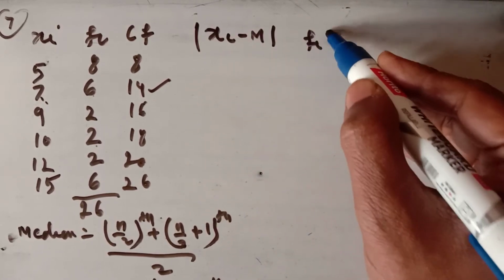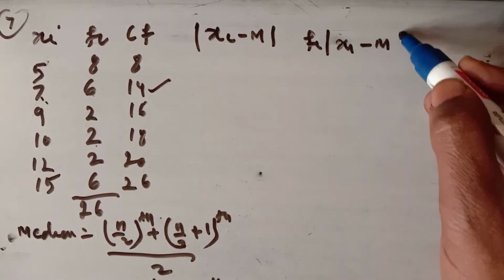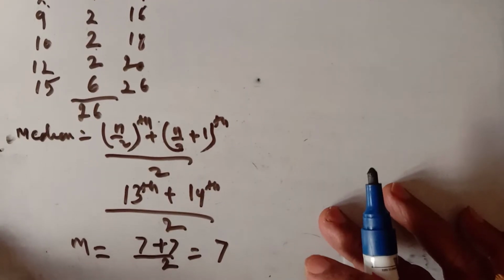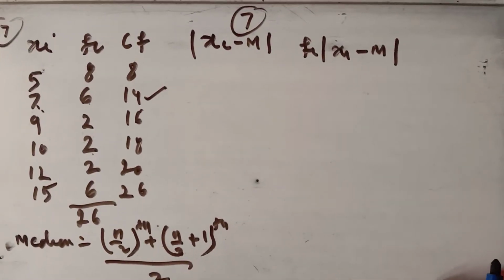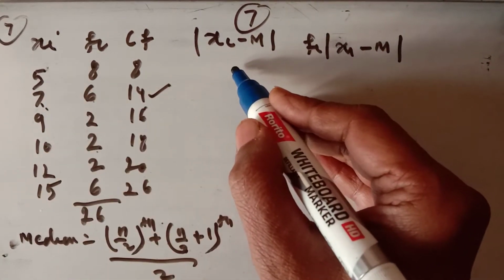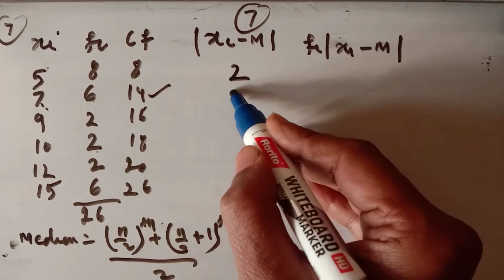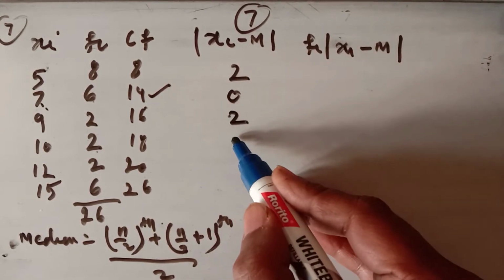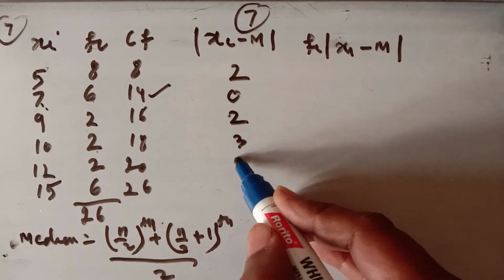Then you have to multiply xi with frequency. Here the median is coming out to be 7. हमने यहाँ पे median इसका 7 निकाला है. So xi minus median, that is 5 minus 7, that is 2. ये आपका 2 आ जाएगा. That is 7 minus 7 is 0, 9 minus 7 is 2, 10 minus 7 is 3, and 5 and